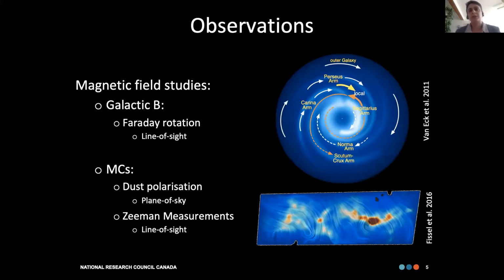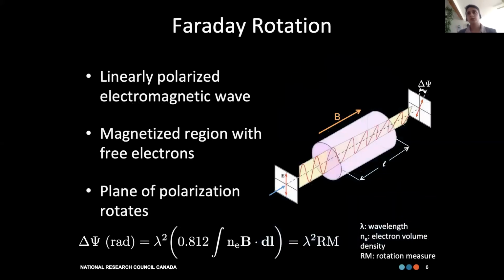But because they're very time consuming, we proposed a new method based on Faraday rotation to detect the line of sight component of magnetic fields in molecular clouds. So what is Faraday rotation? When a linearly polarized light or electromagnetic wave passes through a region that is magnetized and has free electrons, its